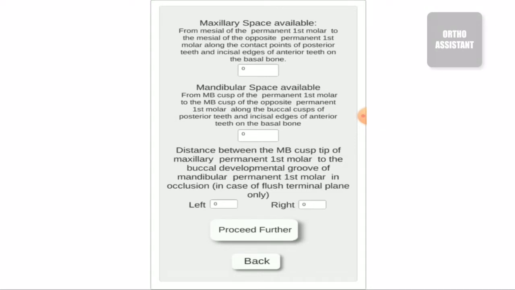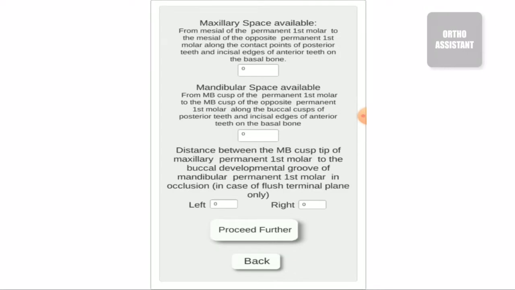As I illustrated in the slides, there is a drawback that leeway space loss because of the posterior shift, that is late mesial shift, is not taken into account in any of the analysis. But this is a loss of space, and it should be entered as a space required afterwards in the flush terminal plane patients, so that the treatment plan can be laid down properly.